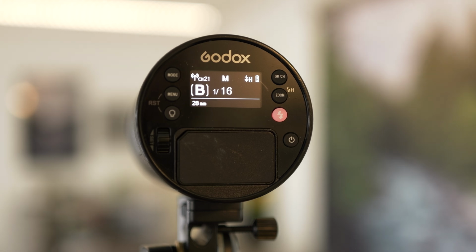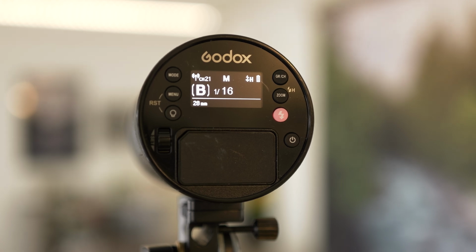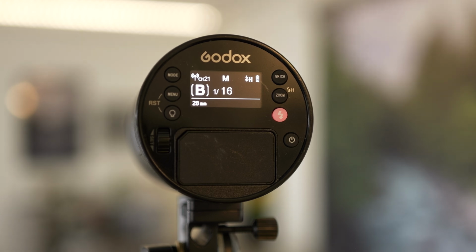A couple things to keep in mind. Strobes, when you're using high-speed sync, are not really ever going to be fired at full power. You're usually going to want to lower the power on this strobe to get a properly evenly exposed frame. And high-speed sync isn't always going to result exactly how you want it. But you would use high-speed sync in a scenario where it's really, really bright out. You want to shoot at a shallower depth of field, and you want to keep your exposure settings pretty close. So say I want to be shooting at f/1.8 and ISO 100, but my shutter speed, because I want to bring the background in also, is just really,